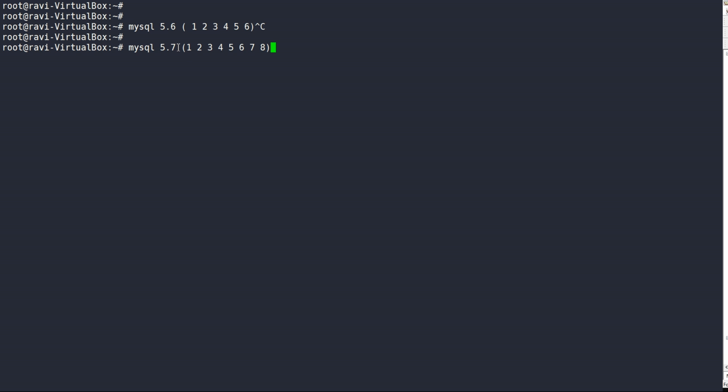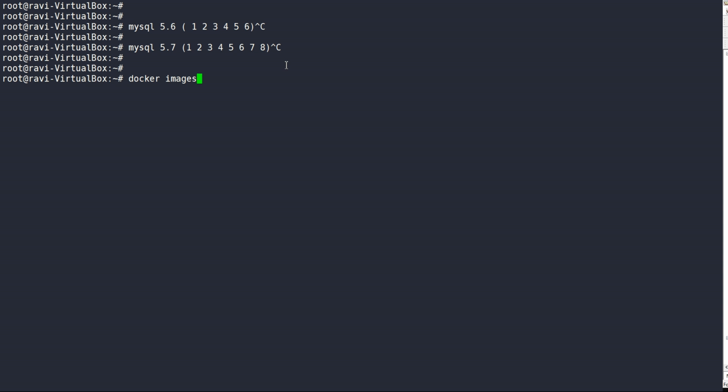Now when I upload MySQL 5.7, and if MySQL 5.6 is already uploaded on my Docker repo, then it will upload only the delta part. This is the beauty of Docker Hub. It does space management. It stores the image layer-wise on the basis of commit.